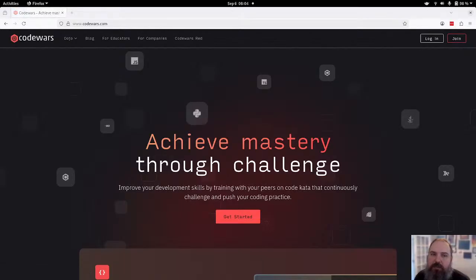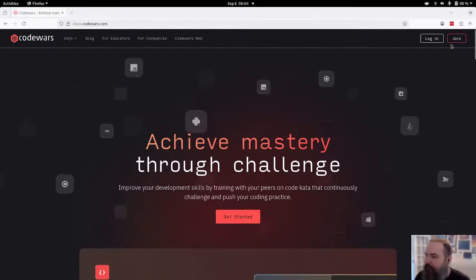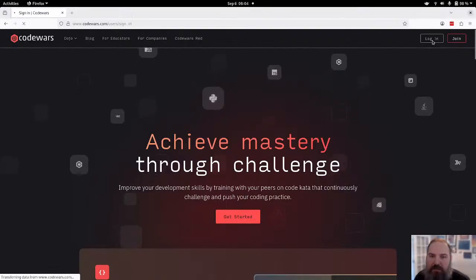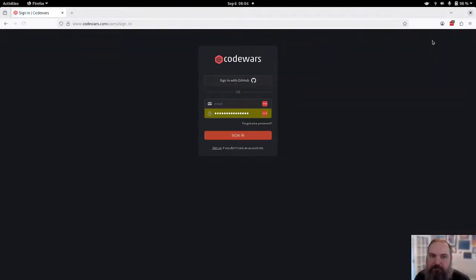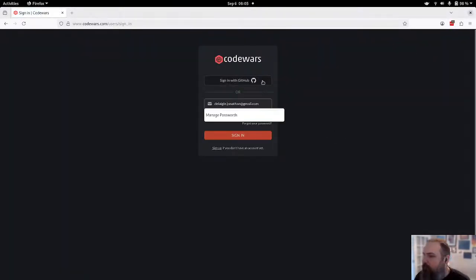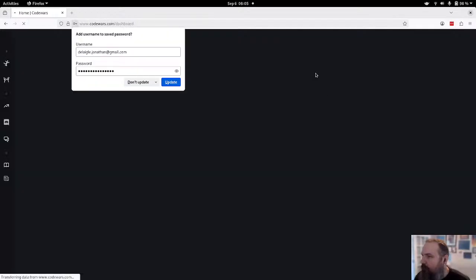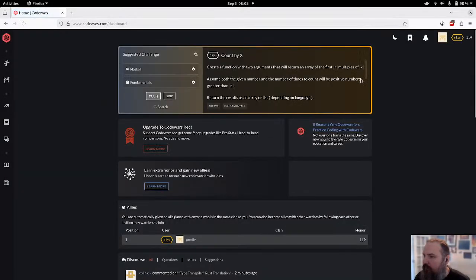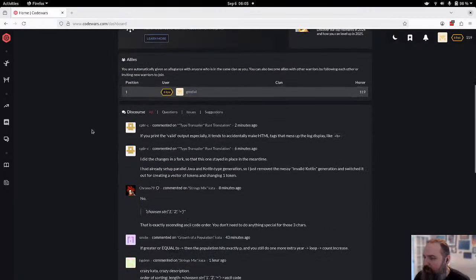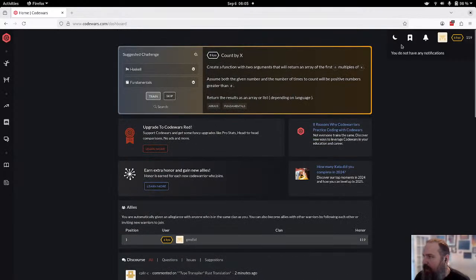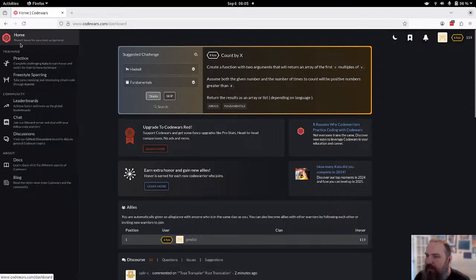Code Wars is always fun. Let's see. Yeah, and so you can come in here and choose the language, choose the thing. I think the last set I did on here was Haskell.